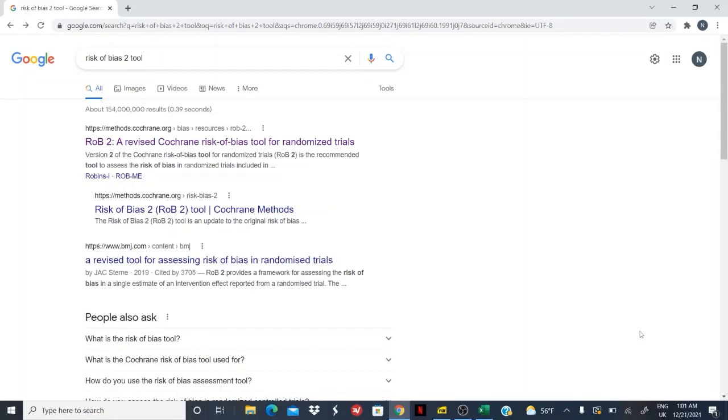So today we're going to be teaching you how to perform a risk of bias assessment for a randomized controlled trial. Now the first step is to get the tool which we'll use. To do that, simply type "risk of bias 2 tool" into the Google search bar and you'll see a couple of links popping up. Now click on the first one